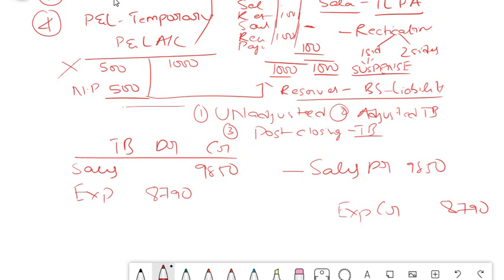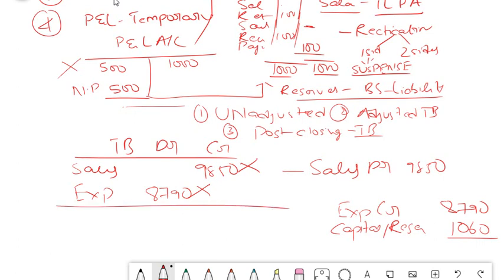You can simply write reserves, or you can even write capital. It is one and the same, because reserves form part of your capital. So for now you can write either capital or reserves. The difference here, 1060, goes to your balance sheet. What happens here? Your sales in TB becomes 0, your expense becomes 0. Whatever will be there in the TB after this entry will be only your balance sheet accounts.